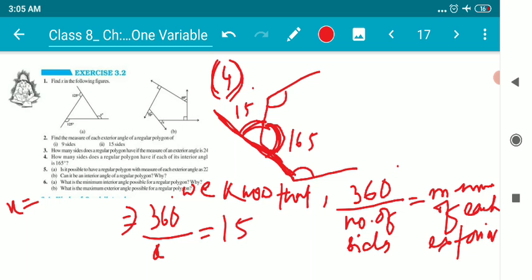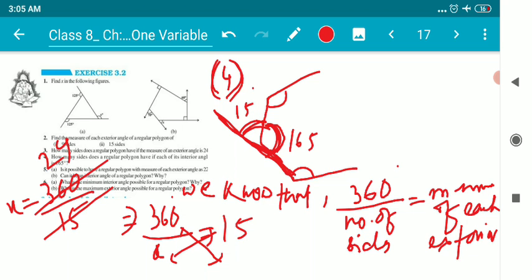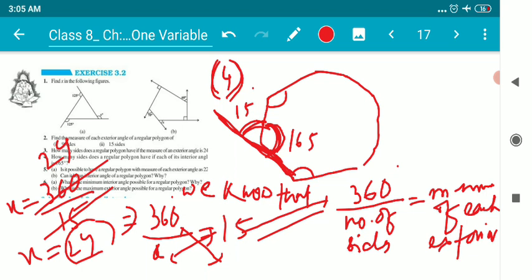x equal to 360 by 15, because if we perform a linear equation over here, they will be cross multiplied. So 15 will be transposed to the right hand side, and that's going to be divided. So let us cancel. 15 into 2 is 30, 6 and 0 out there, 4 15s are 60. So the value of x is 24. That means there are 24 sides. There are 24 sides for this figure, children. Number of sides we will get is 24.